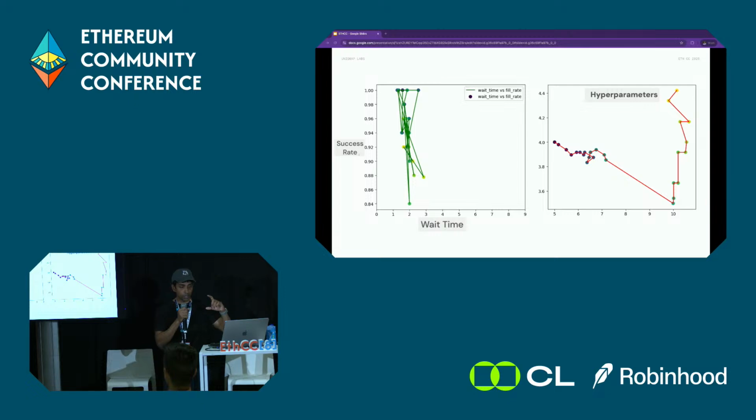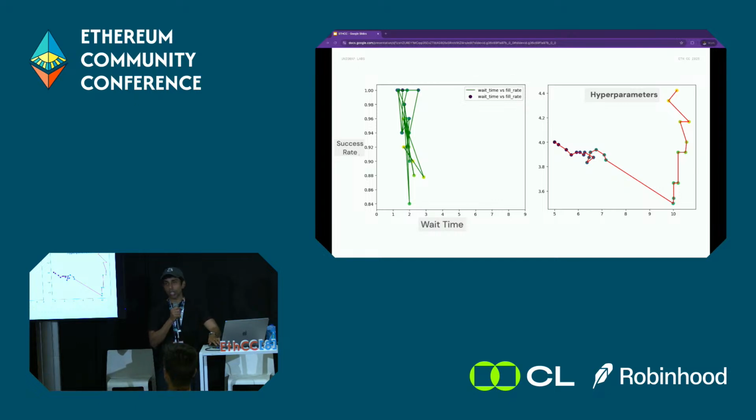And for the success rate, note that this is between 84% and 100%. What we aimed to get was something like 90%. And you can see the yellow dot started to get in that region. And again, this is not perfect. There's noise in this, and how precise this is is a trade-off with how many auctions you want to run in every batch, and these are all trade-off decisions in gradient descent. But the point is that you can use this strategy to achieve a target wait time and a target success rate.